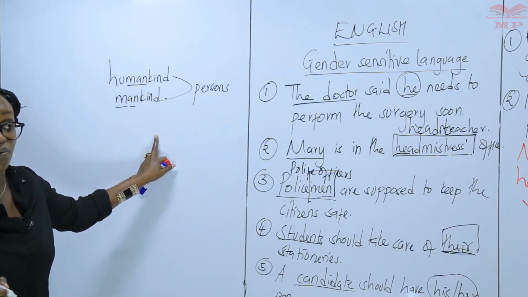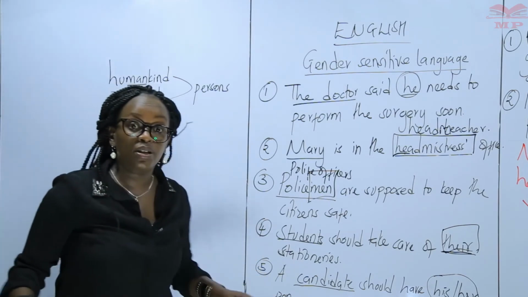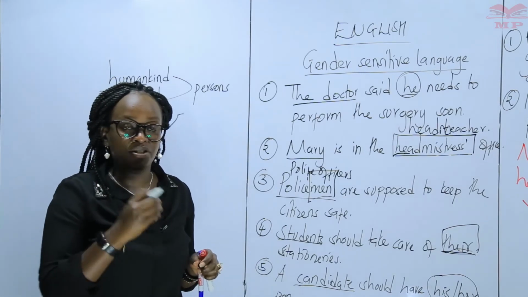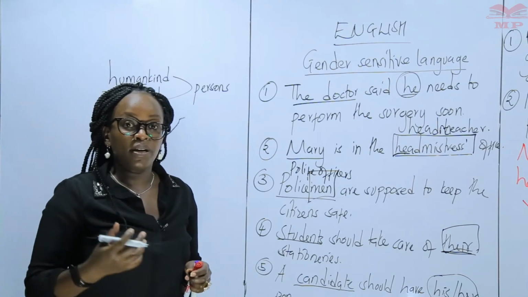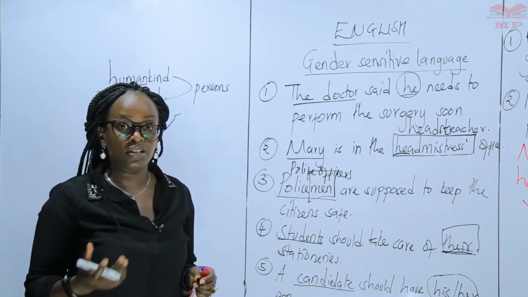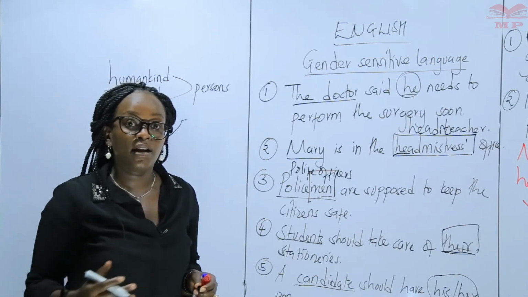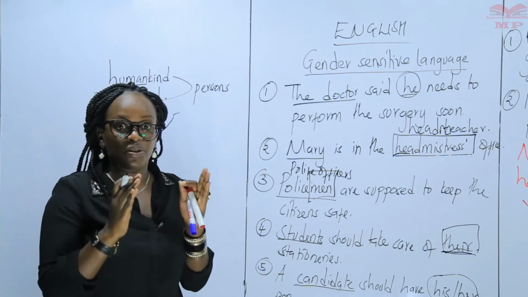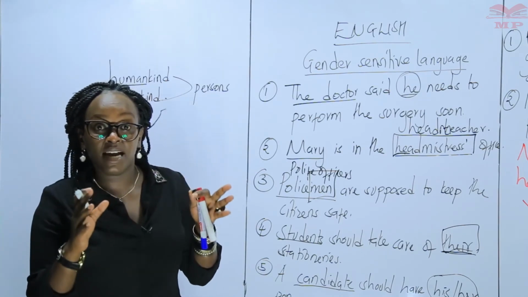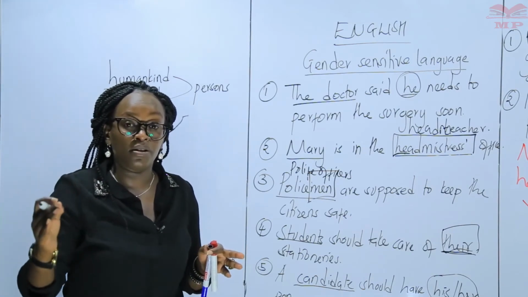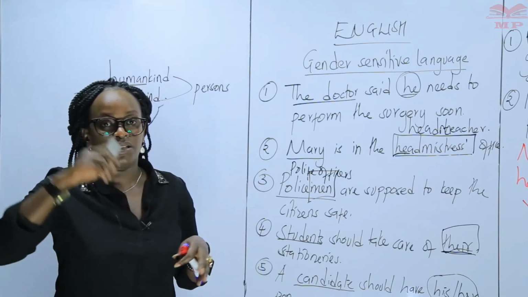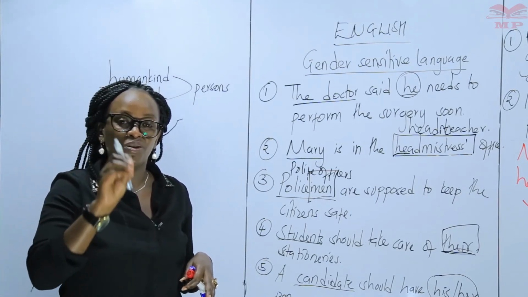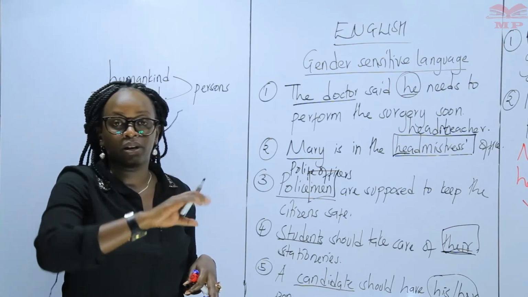Be sensitive, especially when you're addressing a crowd, that is, when you're talking in public, look for those gender neutral words. In the case that you may be addressing somebody whose gender you already know, it is okay for you to talk about a boy, a girl, because those terms are not gender biased. They're already marking the person that you're addressing. If you're going to talk about a bachelor, you know that you're talking about somebody of the male gender. If you're talking about a spinster, you know that you're talking about a female. So when you're talking about somebody that you know, make use of the nouns or the words that actually refer